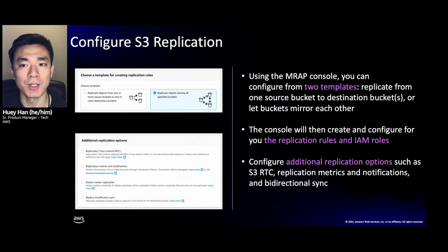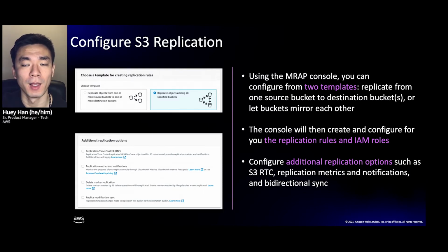So, as mentioned, you can configure replication within multi-region access point. And we provide two templates. One is replicate from one source bucket to destination buckets. And the second is let buckets mirror each other. And as you can see in the picture on the top left, these are the two templates we